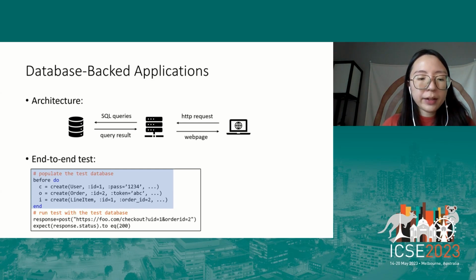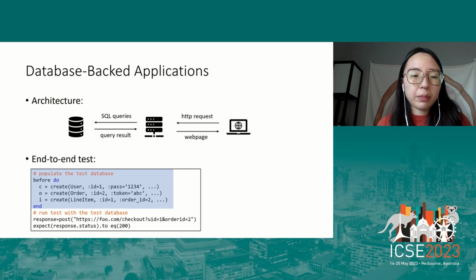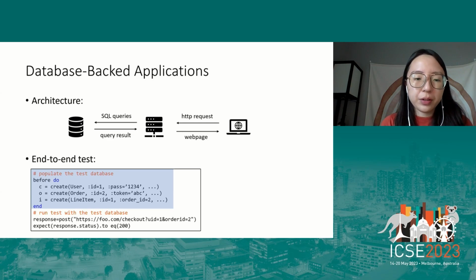And then we aim to increase coverage. For example, here, this is the checkout, right? This is just a simple checkout web page. So we want to change the database content to simulate, for example, a successful checkout, and unsuccessful ones for different reasons, which are determined by different branches in the application. So we use the same test body and just change the database content.